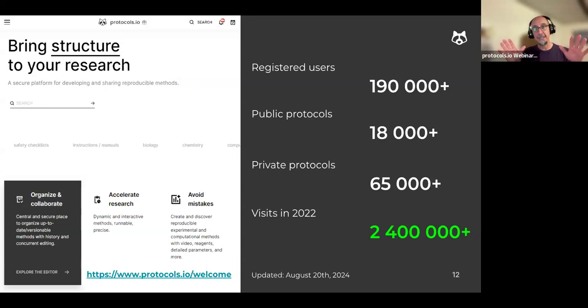And geographically speaking, when we look at our own analytics, we see that only about 30% of the traffic to our protocols comes from the United States, and the rest is from all over the world, which means there is a really global reach once you publish the protocols in the platform.